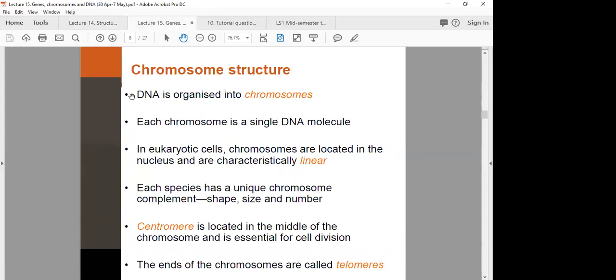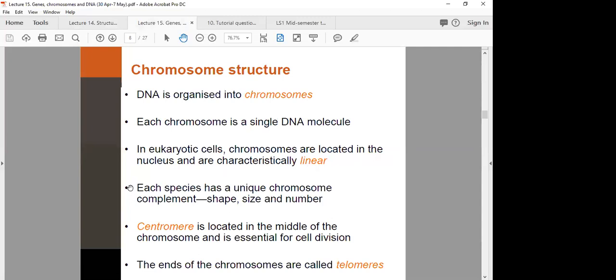DNA is organised into structures called chromosomes. Each chromosome is a single DNA molecule. That is, 2 strands of DNA joined together by hydrogen bonds is referred to as a single molecule of DNA. In eukaryotic cells, chromosomes are always located in the nucleus, and they are characteristically linear. This is in contrast to chromosomes in prokaryotic cells, such as bacteria, where the chromosomes usually tend to be circular